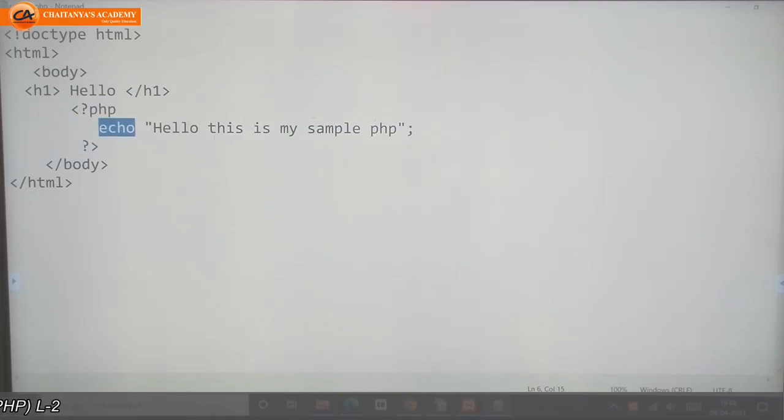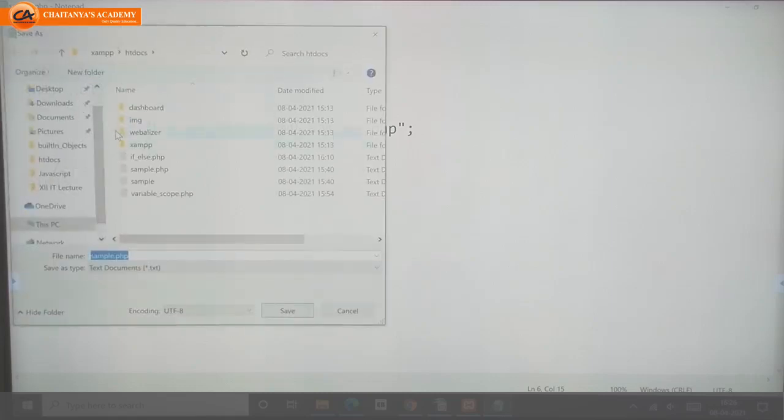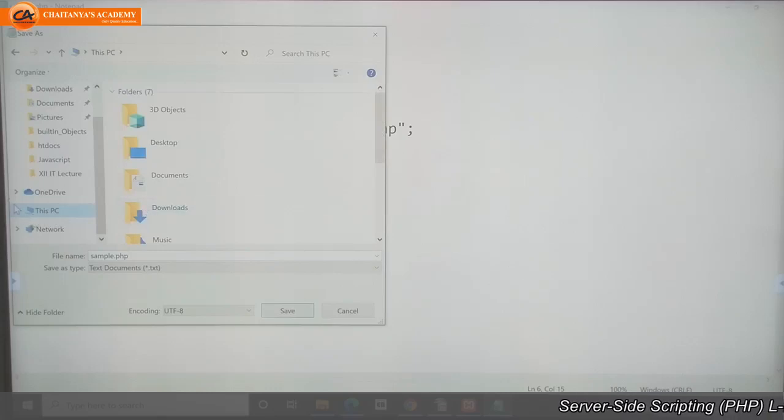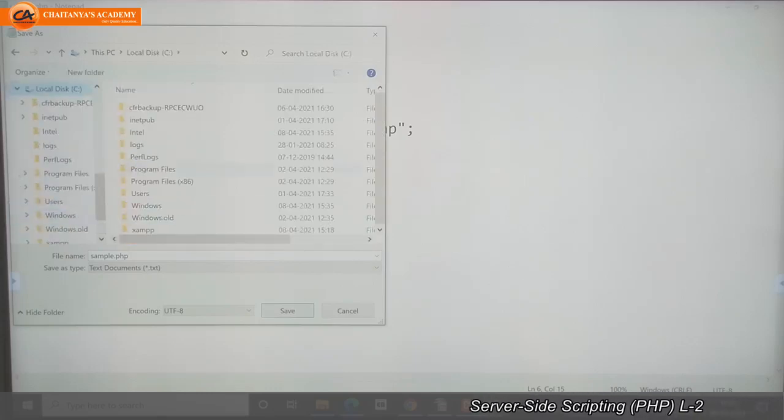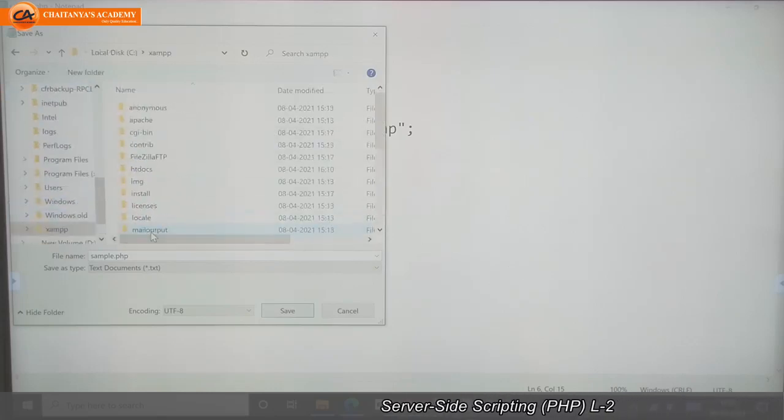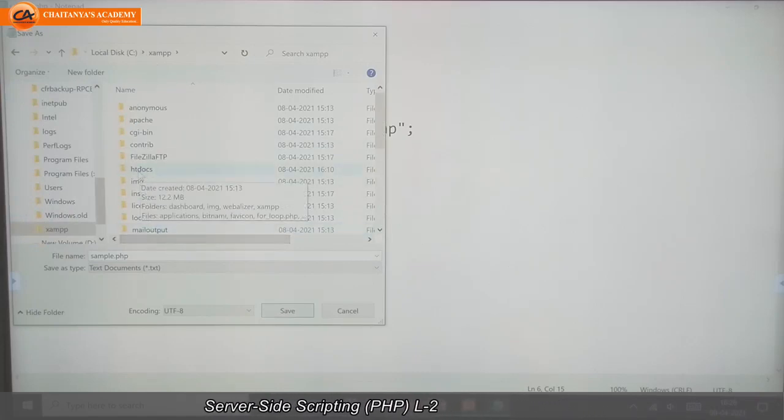You can type the message in double quotes, semicolon. Next, end of PHP, for that again question mark, greater than symbol. Next, end of body tag, end of HTML tag. Save this file in the C drive where you have your XAMPP folder. In the C drive XAMPP folder, in that you will get htdocs.